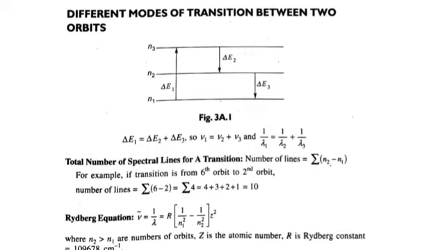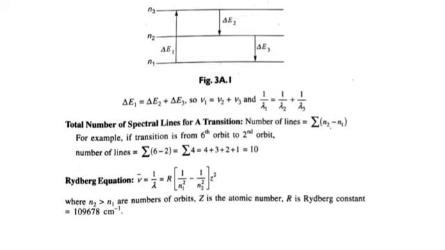Now let's discuss the different modes of transition between the two orbits. Here you can see the difference of energy. If the electron wants to jump from n1 to n2 or n2 to n3, then if I talk about delta E, here you can see the difference between the energies. If it goes from n1 to n3, then the difference between the energies is delta E1 plus delta E2 equals delta E3. Frequency nu1 is equal to nu2 plus nu3. If I talk about lambda, 1 by lambda is equal to 1 by lambda2 plus 1 by lambda3. So here what I mean to say is how to calculate the energy difference. E is equal to h nu and delta E is equal to h nu,